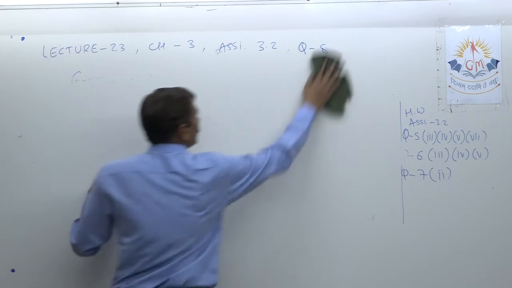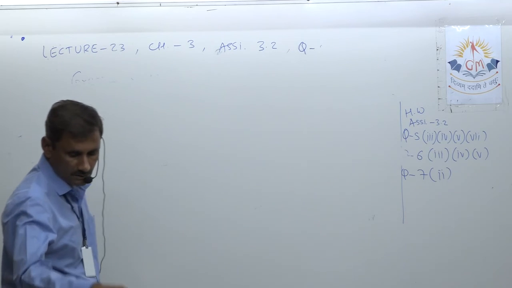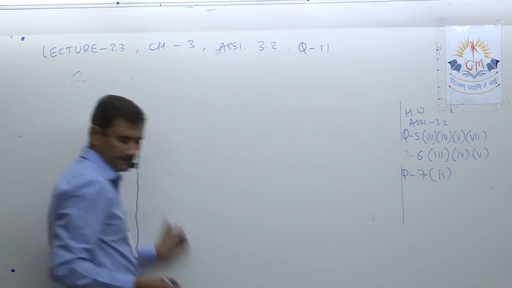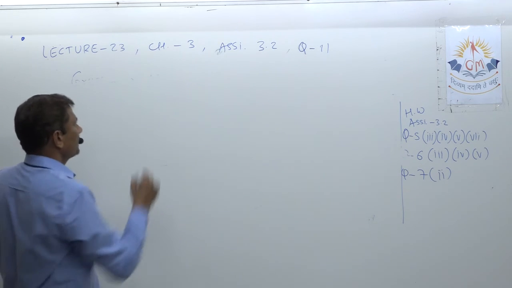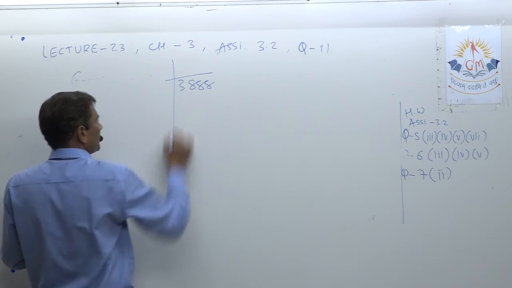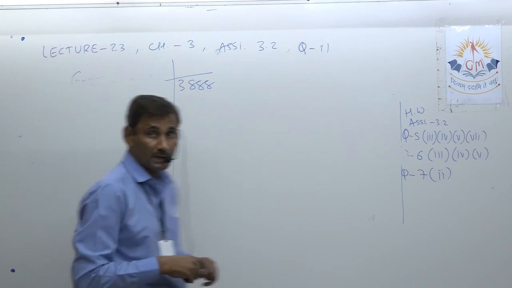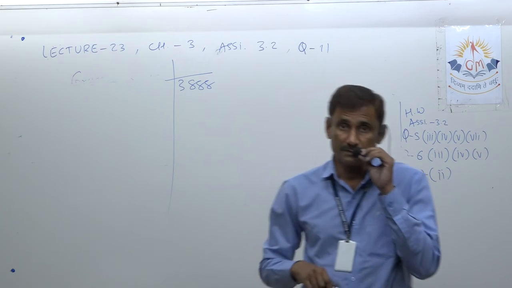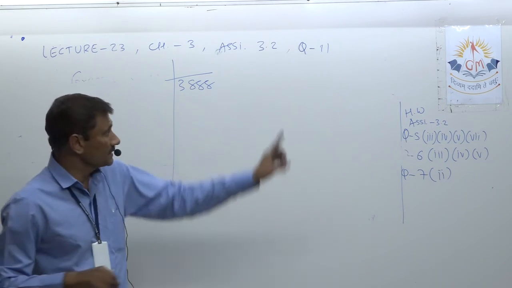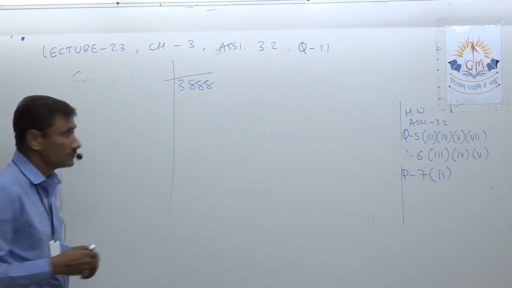Okay, now we are at number 11. Previous one was 10. Why am I doing prime factorization method here? Because it is a what should be multiplied or what should be divided type of sum. If it is an added or subtracted type of sum, at that time long division. That's why I have given it to you.